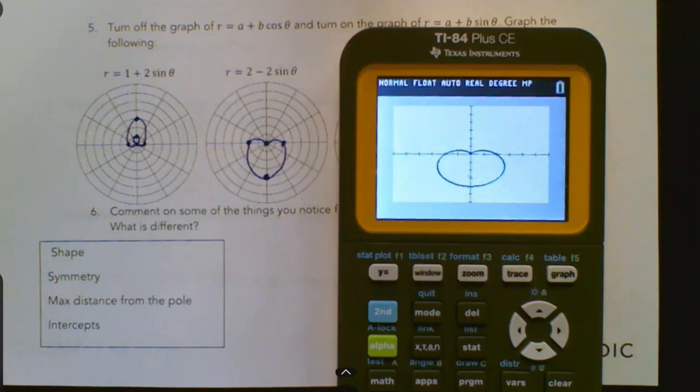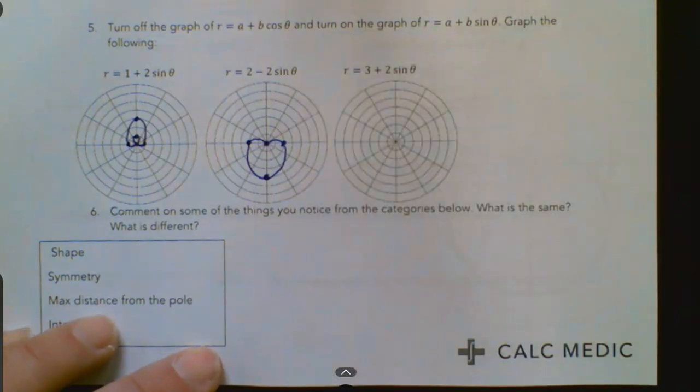This is a little loopier than mine, but you can see we're still hitting all the same key points. So there we go. Alright, and then the last one we had